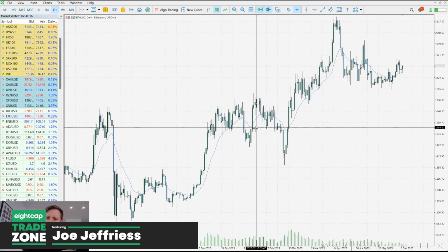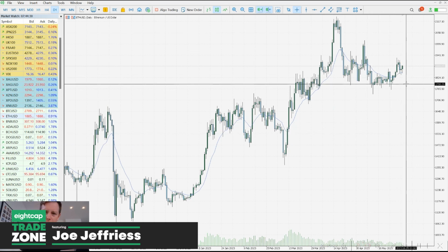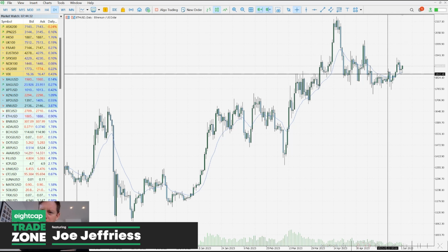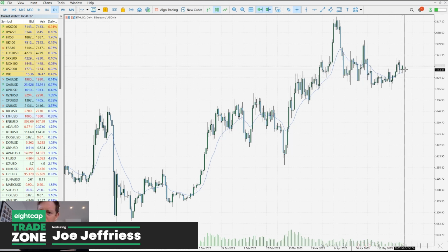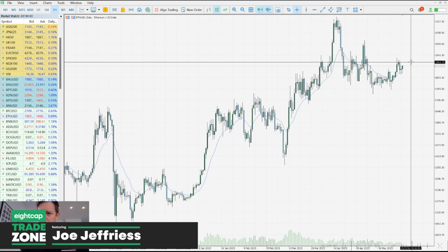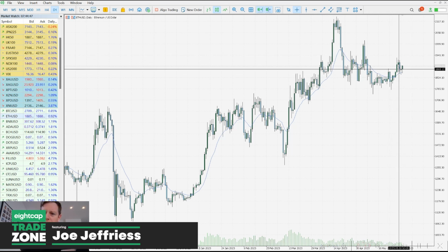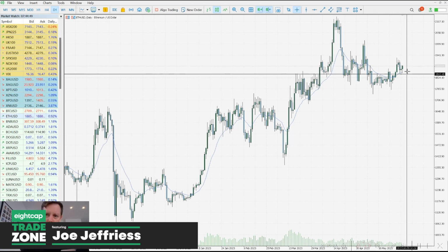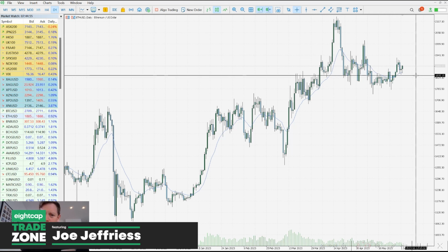Ethereum is also one to keep an eye on today. We can see here we've got a trend break, a leg out of a support hold. This is the initial leg here. We've had a pullback, we have a higher low, and we're seeing a new rally. So this could be a continuation higher. It's definitely a good one to watch, and if we do break this level here with a new push higher, that could set up a new leg upwards on this developing trend here. So on the buy side, one to watch for sure, but any move below this level here would be a